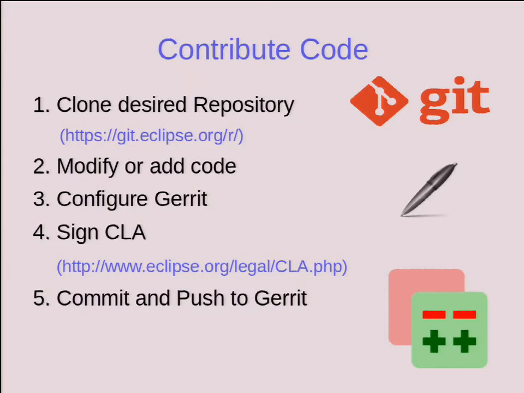Then you also need to sign what we call a contributor license agreement, CLA, which means I'm allowed to contribute this code to the Eclipse project. Because obviously, if you work in an environment where your employer says you're not allowed to contribute, this is copyright protected, we should not accept it within an open source project. So you need basically to confirm that what you're contributing is actually written by yourself, and you have the permission to deliver it to the project.